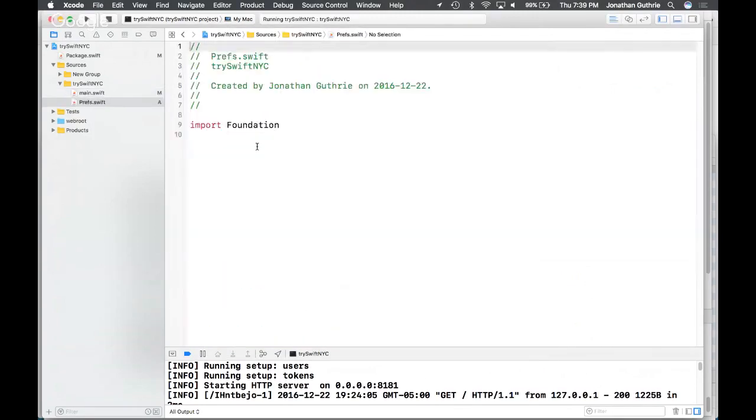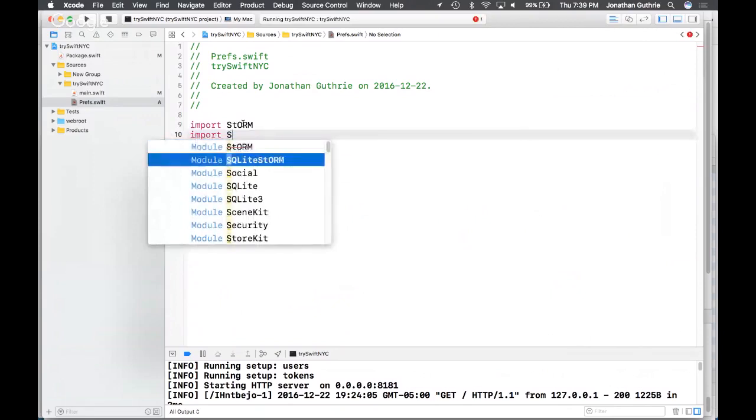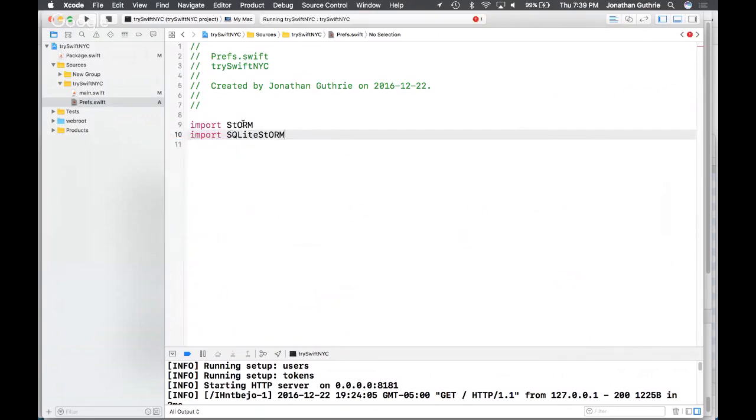First of all, we can get rid of the Foundation import. What we want to do is ask what things we want to use. First of all, we want it to be backed by a SQLite ORM. So we need to do two things: import the base ORM, and then import the SQLite driver for the ORM.